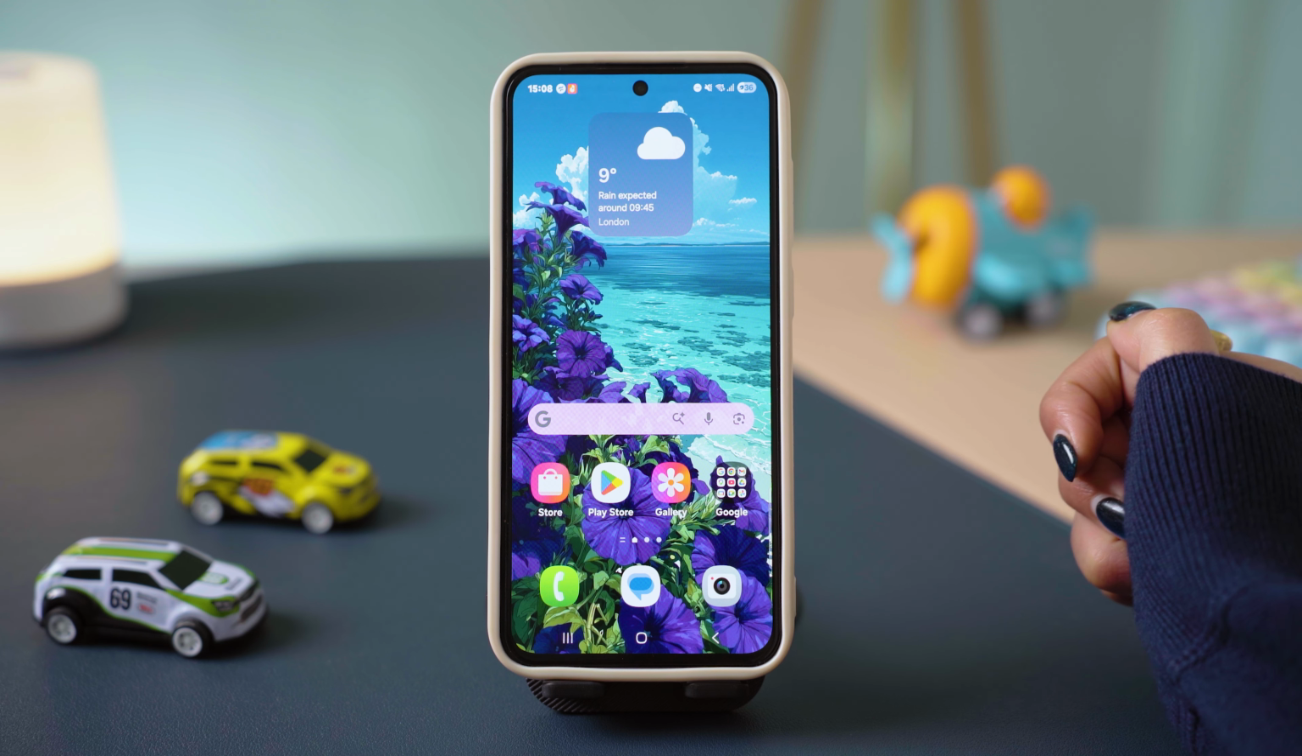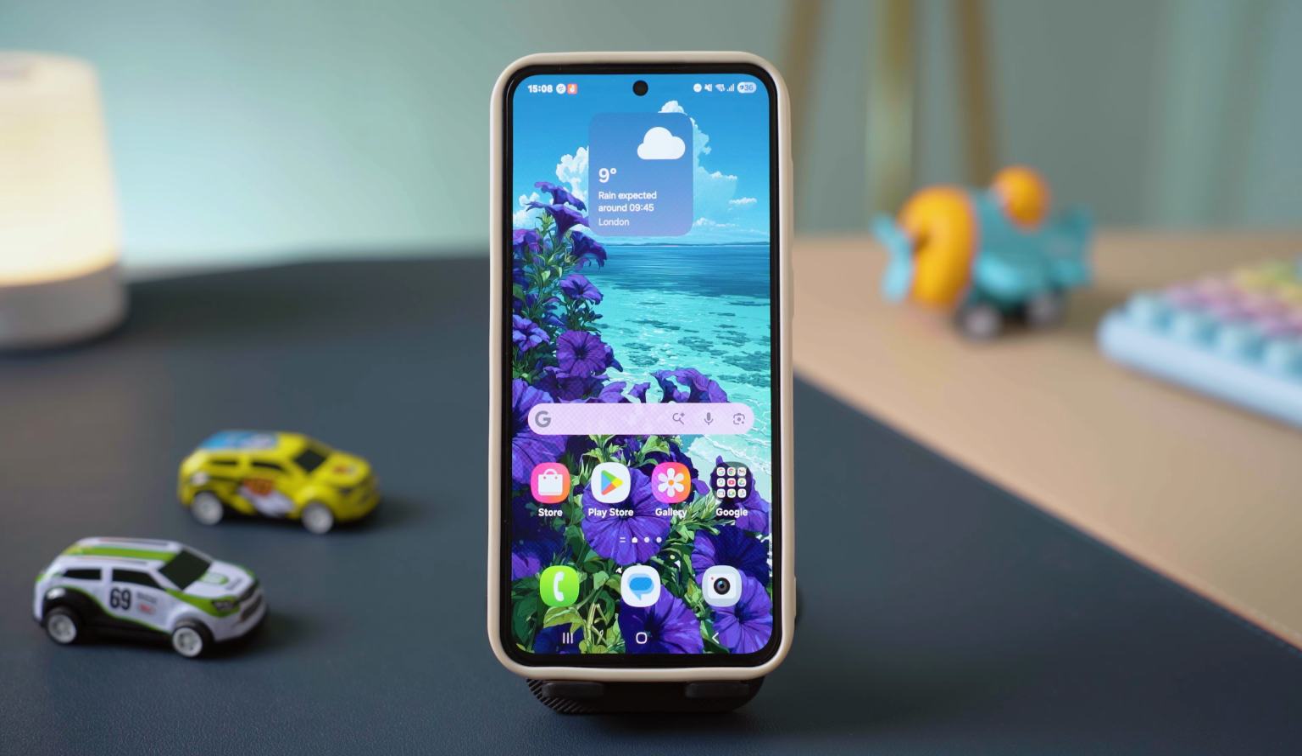So with that, you will successfully be able to delete a post from Instagram. And that's it for today's